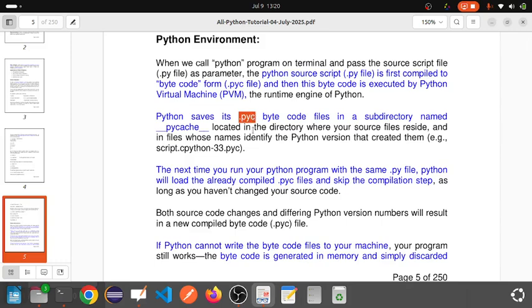That is a bytecode file with extension .pyc, and it is run at the same time after converting, although we don't see it in the interpreter, but internally it happens. And in the interpreter, when we run line by line, then that English-like line is converted to bytecode and immediately it is run in the machine. So although we don't see this generation of the .pyc file,